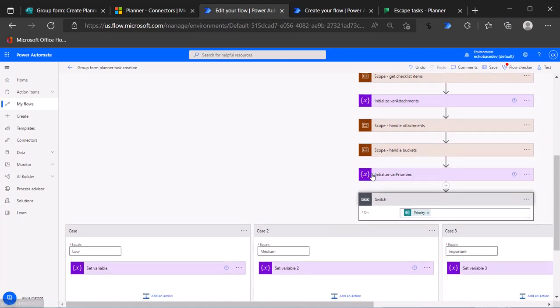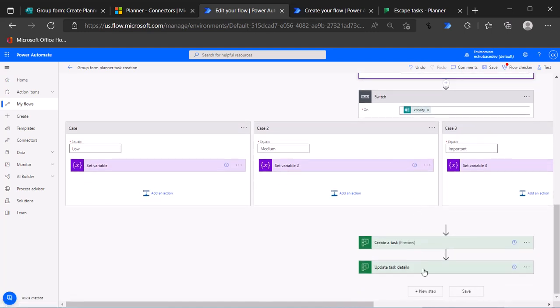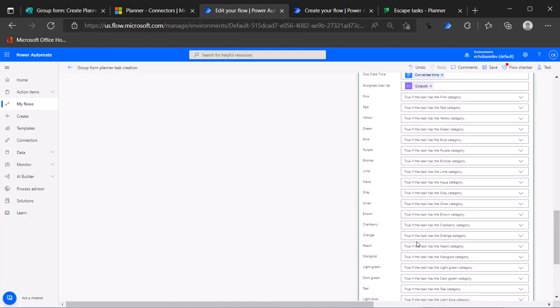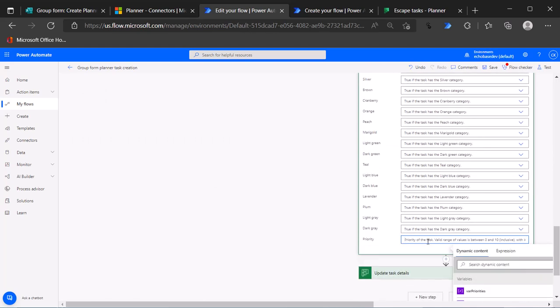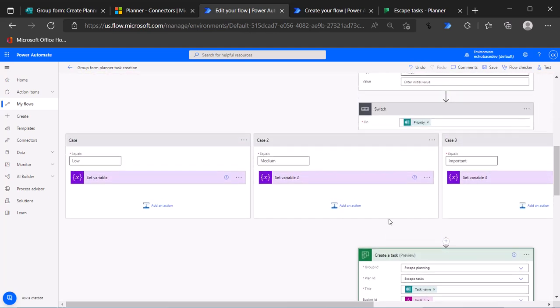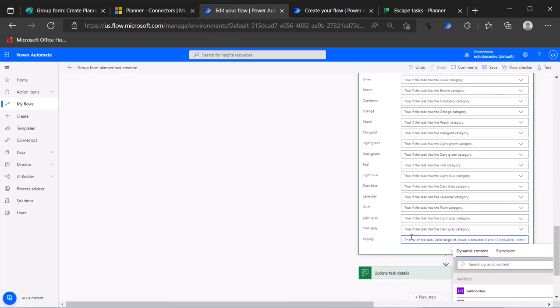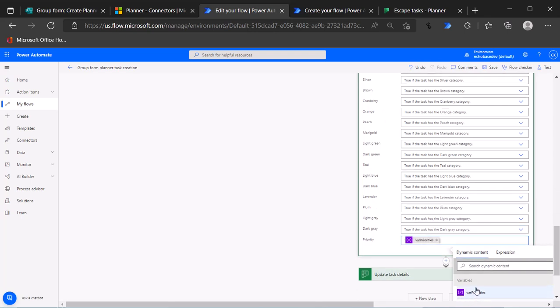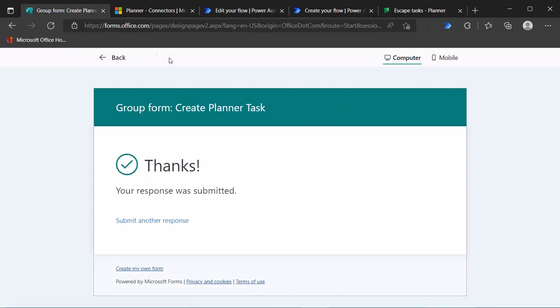So basically we'll initialize the variable as an integer, leave it blank, and then down here in the creating a task, the syntax becomes a little bit easier because we don't need to do first, because essentially this switch is converting that text value into the appropriate number. So all we need to throw in here is var priorities. So if I hit save, and we'll go back and test this again, and we did a low and an urgent, so let's do a